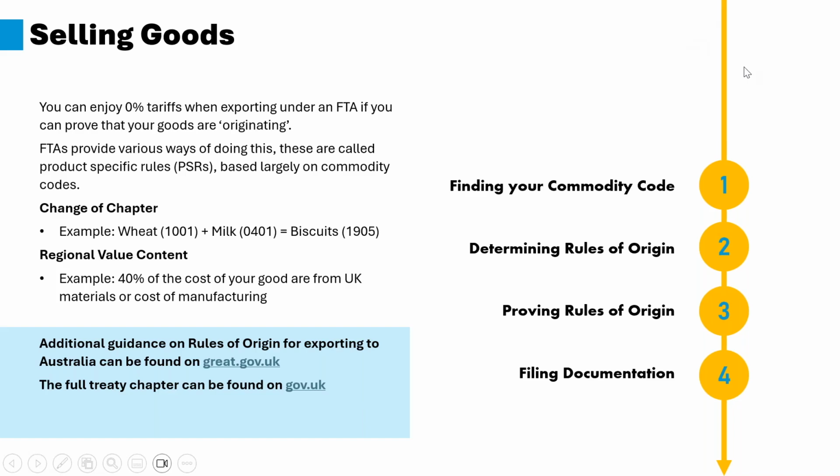So once you've identified your commodity code and determined that it meets the rules of origin, you need to fill in a declaration form, which you can find online as well. Then you need to have that accompany your good and give that to your importer, so they can declare on their end that this is a British product and they don't have to pay additional tariffs on it.